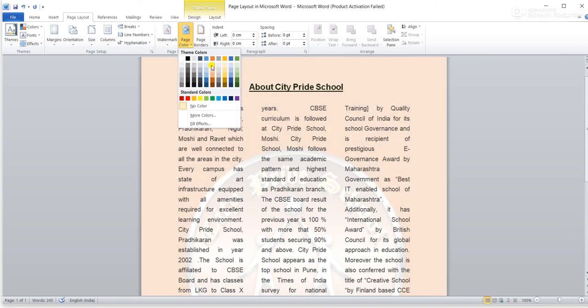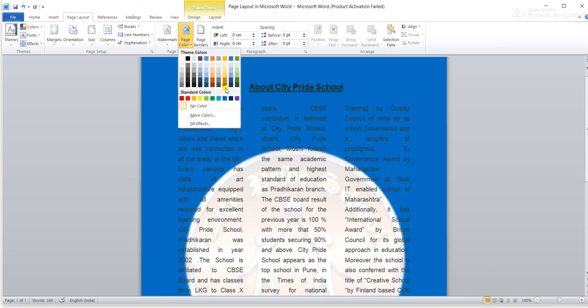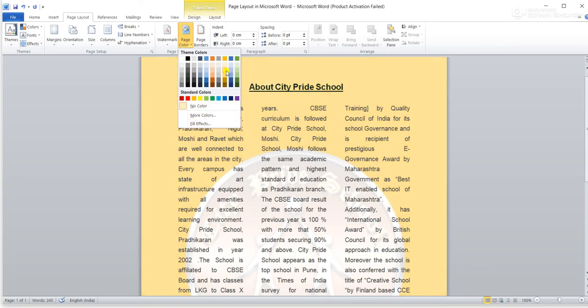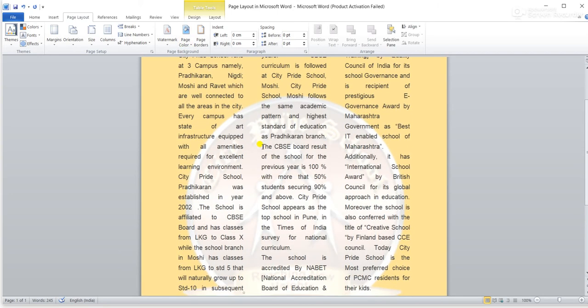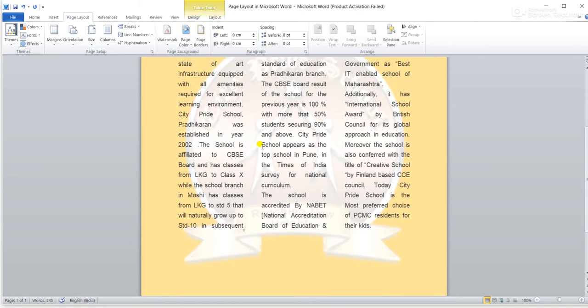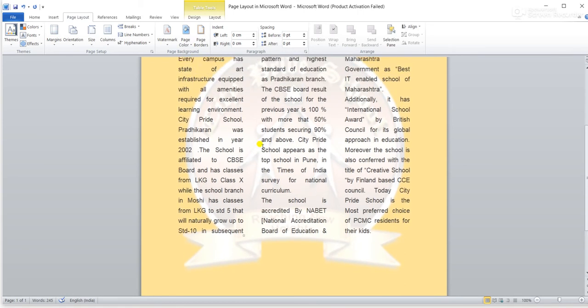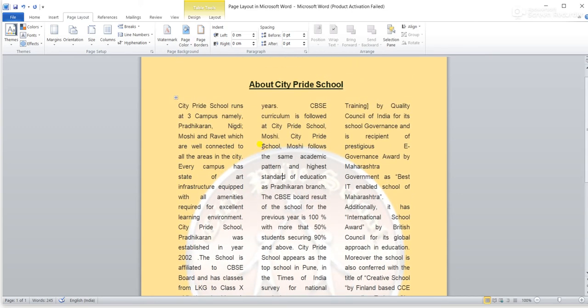Now here you can choose any. See here we have many multiple colors. Even you have more colors here, as we have already used earlier. So we will just select any of the light shades and use it as a page color. See, the whole page color is changed to that shade, and we can even see our watermark also. Okay, so this is how you can change the page color. This is a solid color, so we can change it to a solid color.